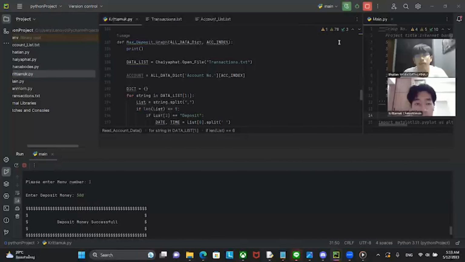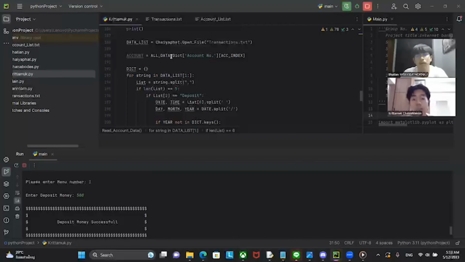And the max deposit graph. Data list use open text file. Account is user data or data disk. Account number in ACC disk. We create disk to keep the